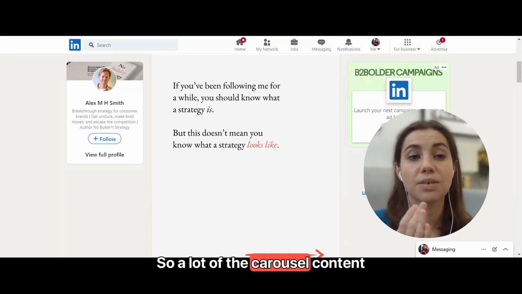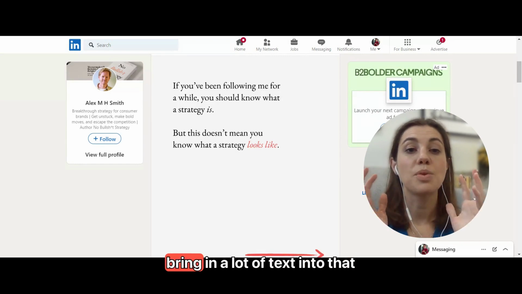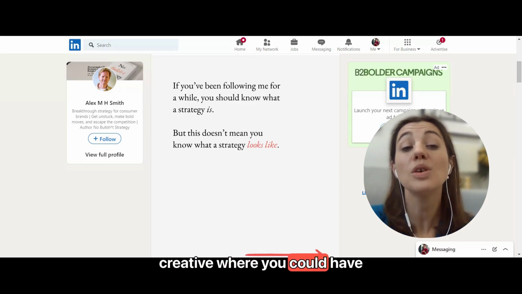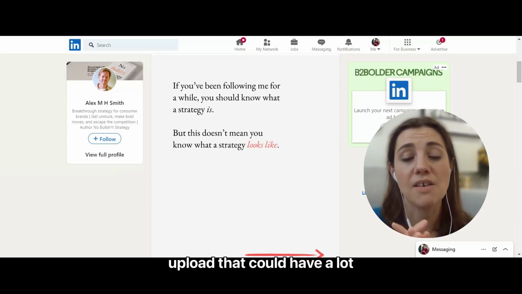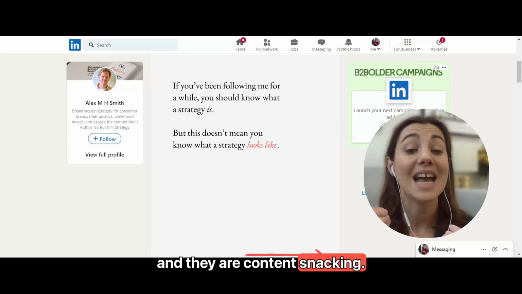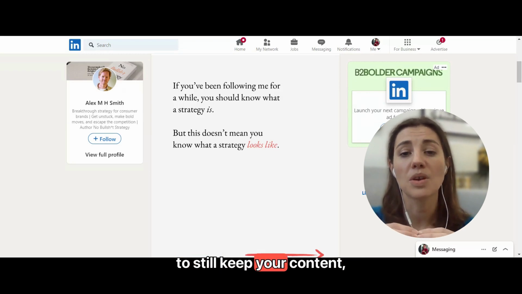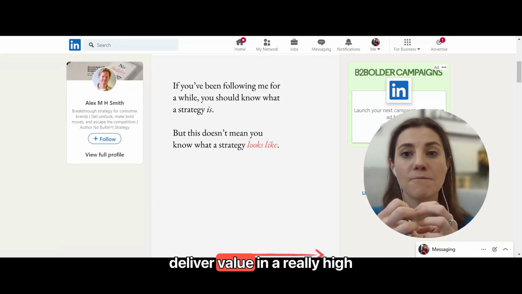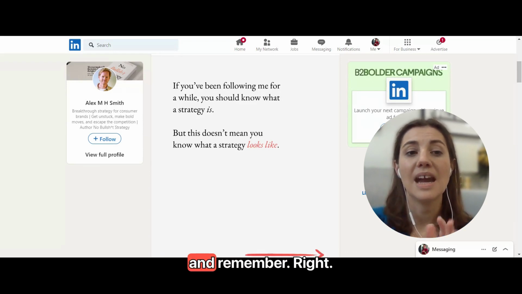So a lot of the carousel content that I sometimes see is very heavy, because people try to bring in a lot of text into that creative, because it is a creative where you could have much, much more text, right? It is literally a PDF that you upload that could have a lot of content. But because we need to remember that people are on social media and they are content snacking, the best way to leverage the carousel format is to still keep your text tight, keep it concise, deliver value in a really high impactful way that is easy for people to go through quickly and remember,